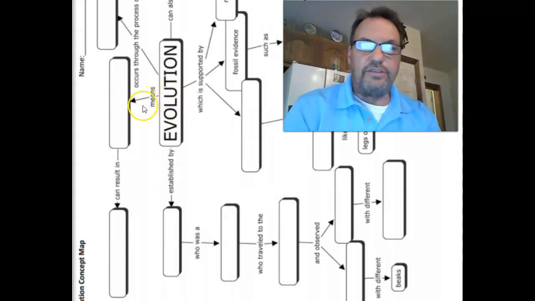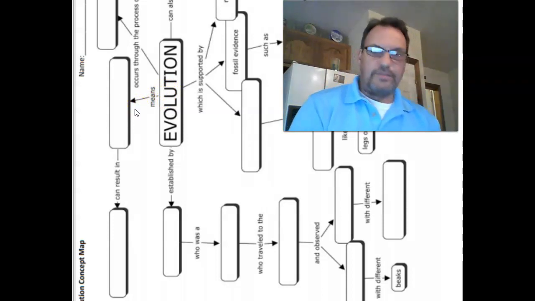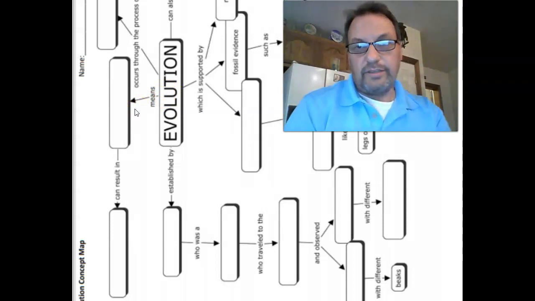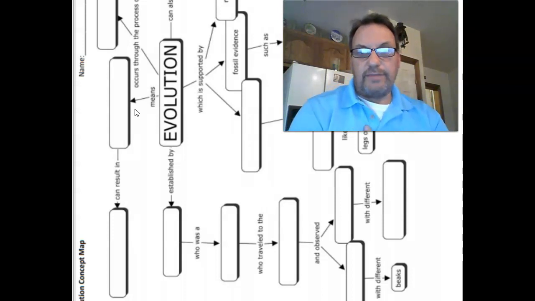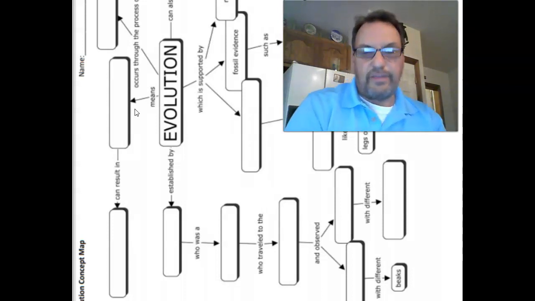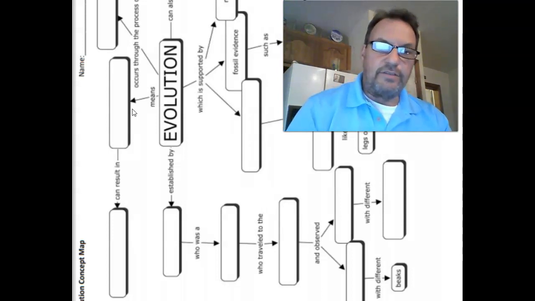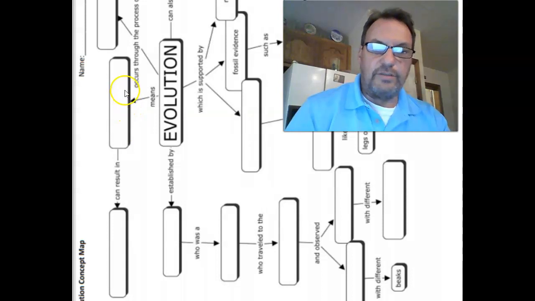What does evolution mean? I know that there's a lot of confusion sometimes, and we read more into the term evolution, but as far as I'm concerned, it's just talking about biological changes over time. It's how things change over time. And so that goes in this first block. Evolution means change over time. This can result in,